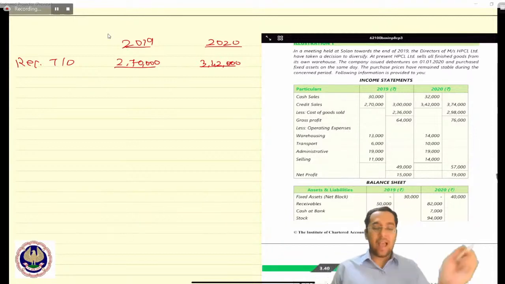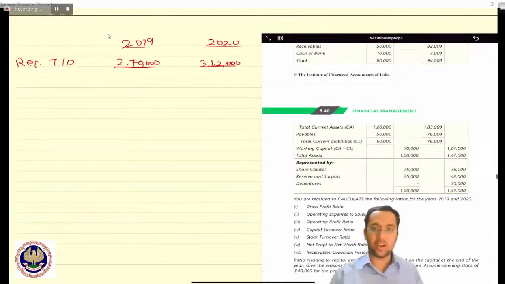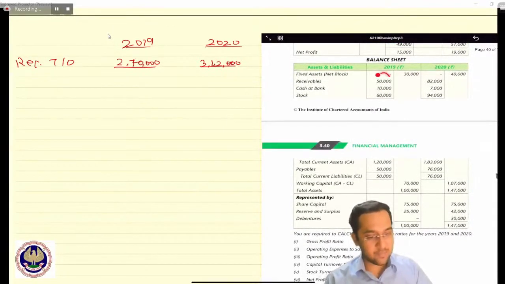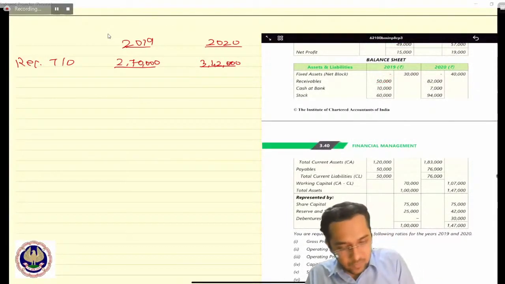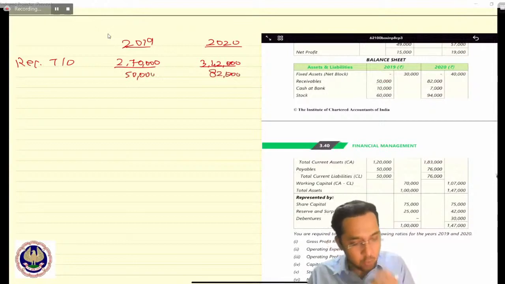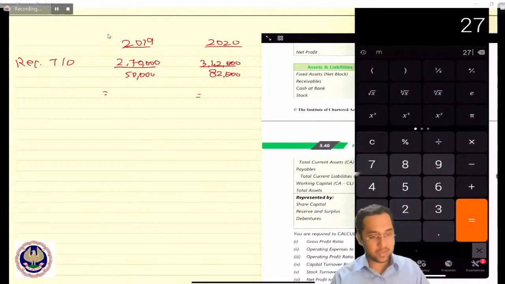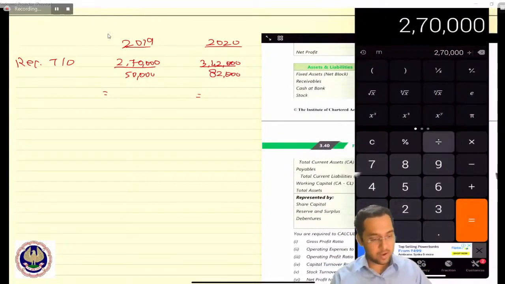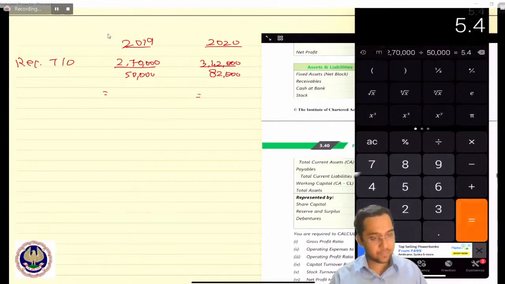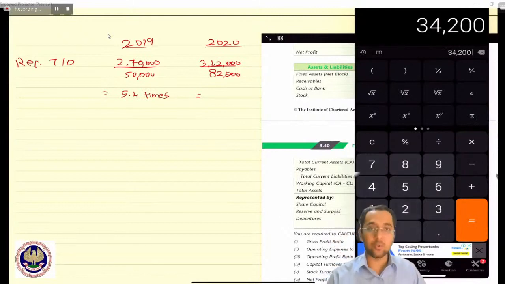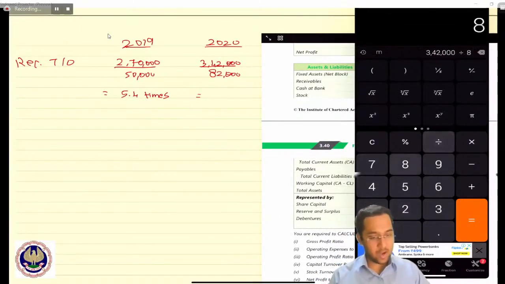So we'll need average debtors. There is no information regarding opening debtors, so let us take this same 50,000 as our debtors. So it is 50,000, and here it is 82,000. So you get the answers as 2,70,000 divided by 50,000, which is 5.4 times. The other is 3,42,000 divided by 82,000